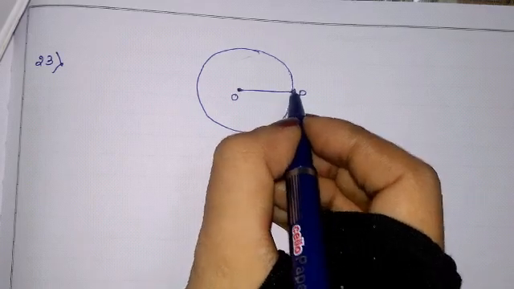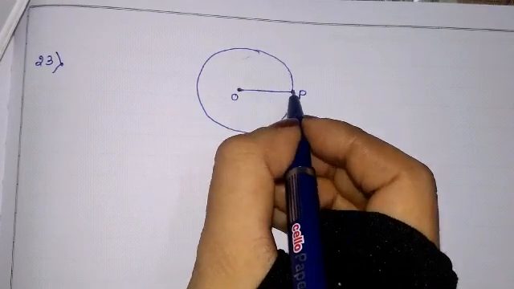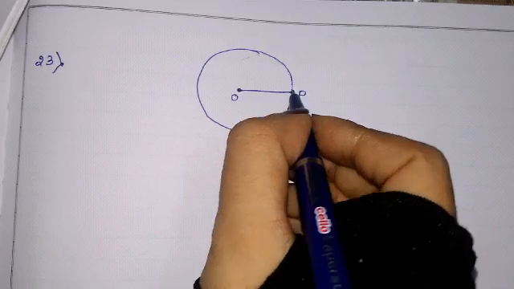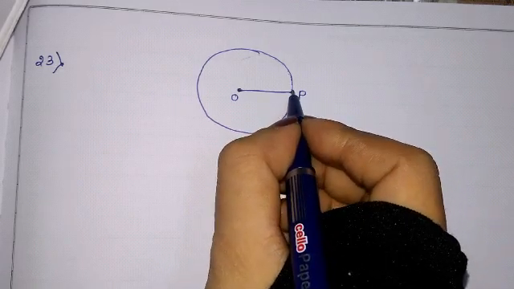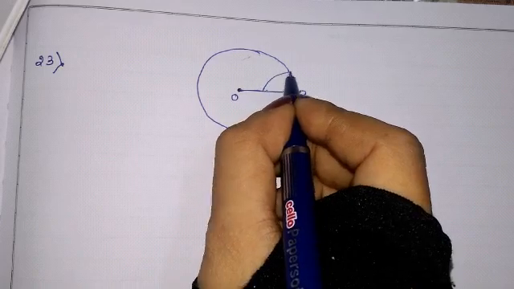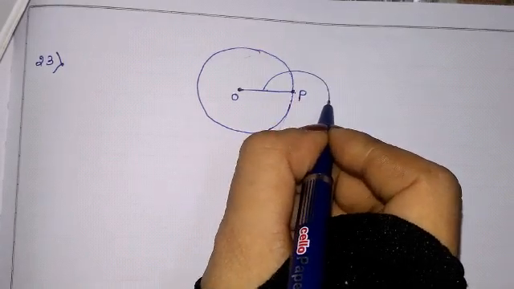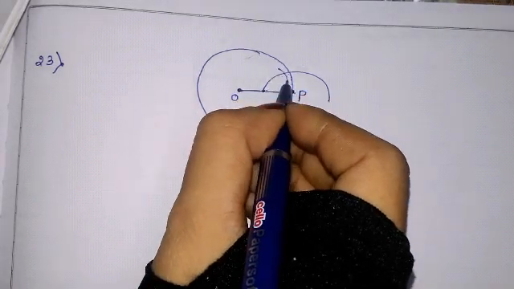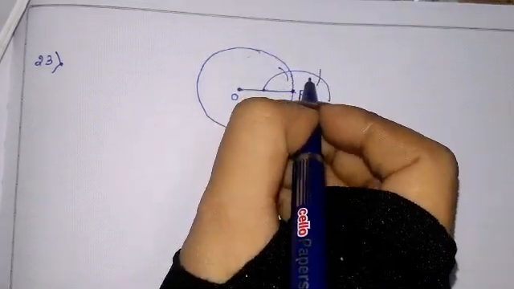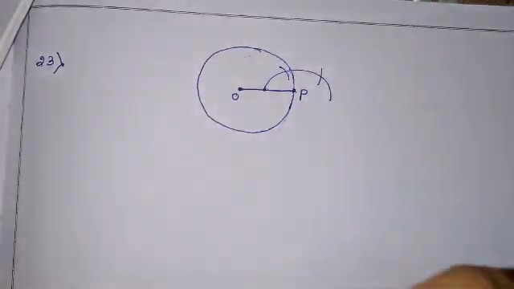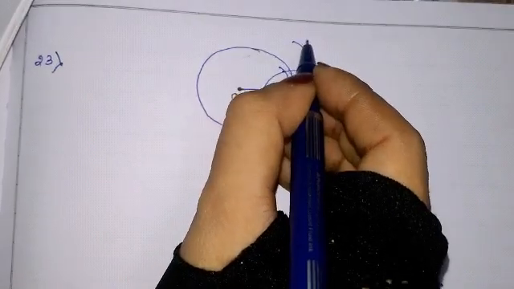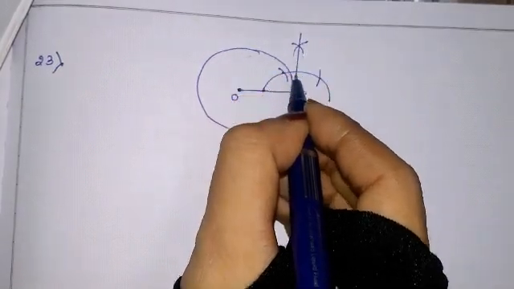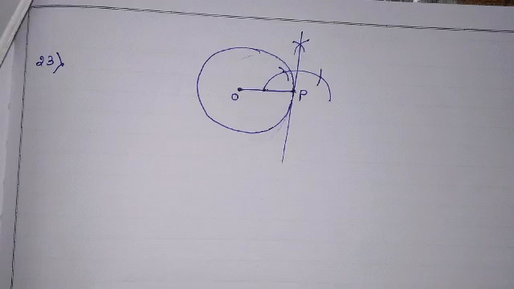So how will you draw the tangent? You should take a small semicircle. By keeping your compass needle here, you have to draw one semicircle. Then with the same compass needle kept here, you have to cut one arc, one more arc. Like the 90 degree construction you do, the same thing you have to do. Then keeping the needle on this arc, go one up, cut the previous arc, then draw a tangent. This is the question they are talking about.